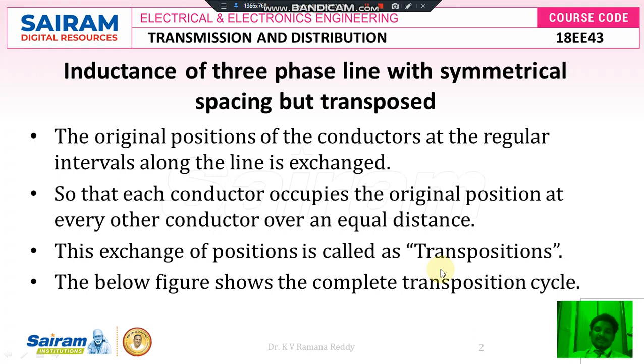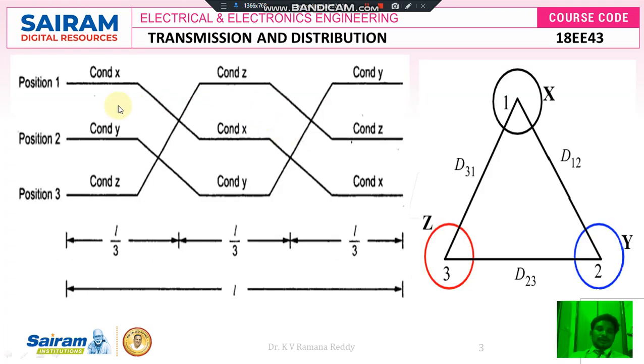This kind of transposition we can identify near generating stations. Near generating stations, bulk numbers of conductors come through one or two transmission towers, and later they are distributed to various towers. So wherever a group of conductors is distributed from one tower to various towers, there exist transpositions. The figure below shows a complete transposition cycle, which we discuss here with three towers.